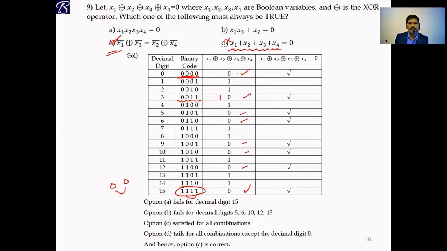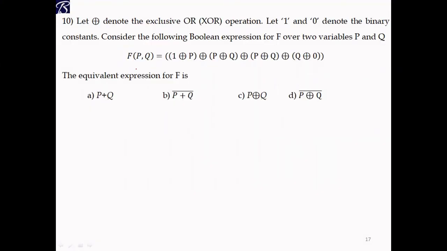So what is the conclusion here? Some operation is given here, that is the XOR operation. We need to fill all this in, and he has given only 0. That means only these terms we need to consider and apply all this operation on them, to see whether 0 is obtained or not. So we found that option C is correct.